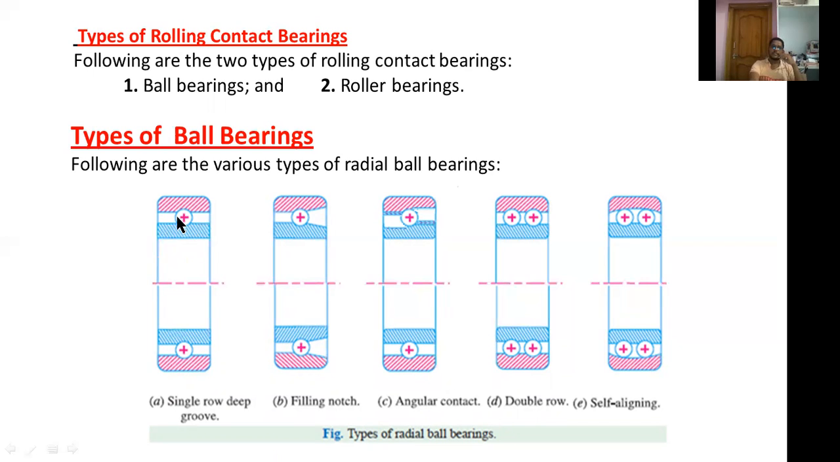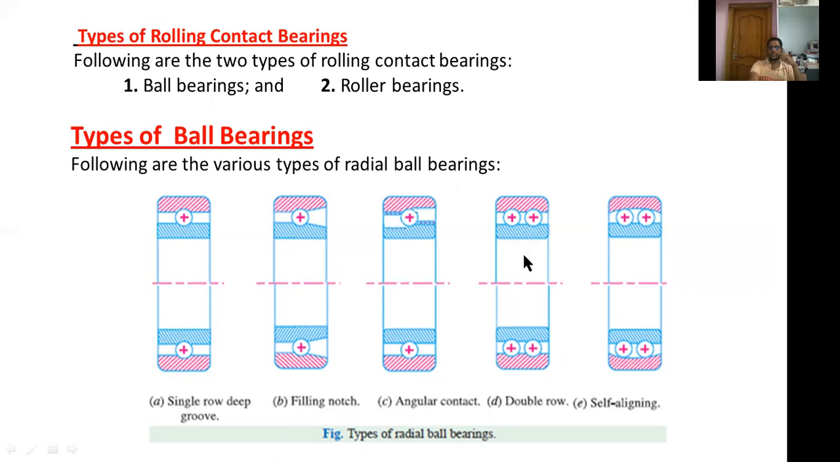Okay, in a single row deep groove ball bearing, we are using one row of balls. In double row ball bearings, we are using two rows of balls. In a single row ball bearing, the contact area for these balls is very small as compared to double row ball bearings. So these single row ball bearings have less capacity to resist shock loads or impact loads, whereas these